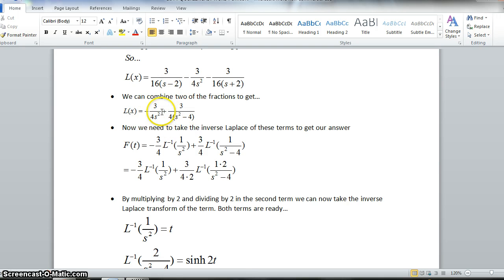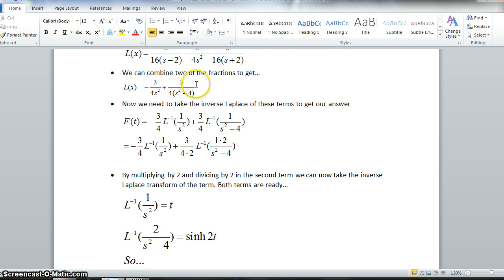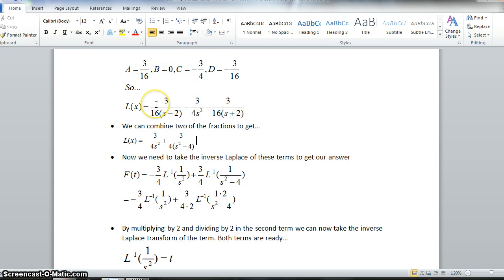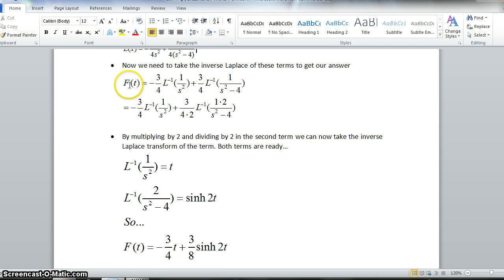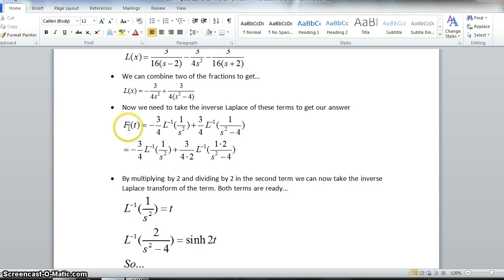And so it's just 2, and I know how to get the inverse Laplace of both of these, which is what we're going to do next. That's what you want to do right from getting these fractions to the next step. You want to get them in a form where you know how to get the inverse Laplace transform of them. So now we need to take the inverse Laplace, like I just said, and so our new equation that we're looking for is in terms of t. So I've pulled out these constants, negative 3 over 4,